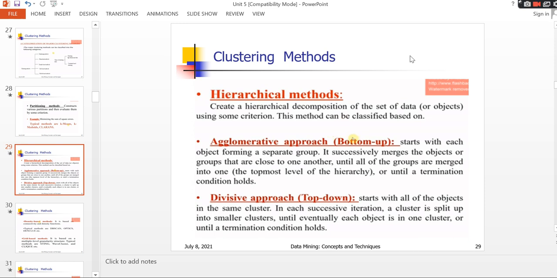What is meant by the agglomerative approach? The agglomerative approach is nothing but the bottom up approach, from bottom to top. If you have understood one approach, the other one is just opposite to that. Instead of the divisive approach, from bottom to top you combine two clusters based upon the similarity.